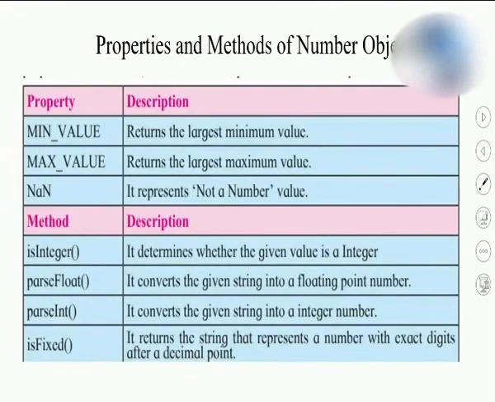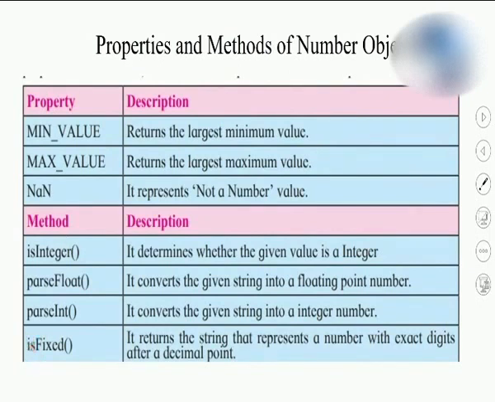Students, observe the properties and methods of the number object. So you need to remember min value, max value, and then these 3 properties of the number object. Students, it is going to return how much maximum number and minimum value it can return in JavaScript. NaN will represent not a number. You can make use of that by using the isNaN function in JavaScript. So it's not specified as isNaN in this table. You need to remember the isNaN method of this. So here there is a typo mistake. You need to remember it as toFixed over here instead of isFixed.